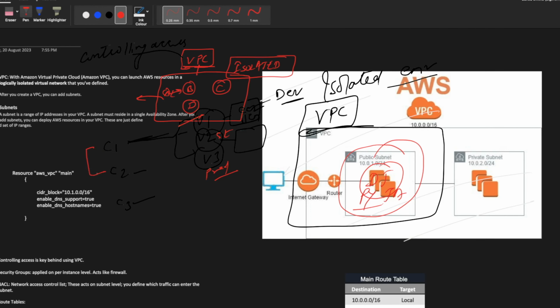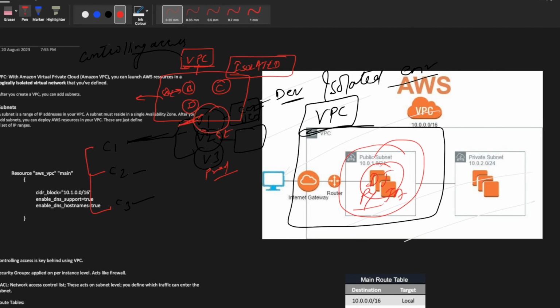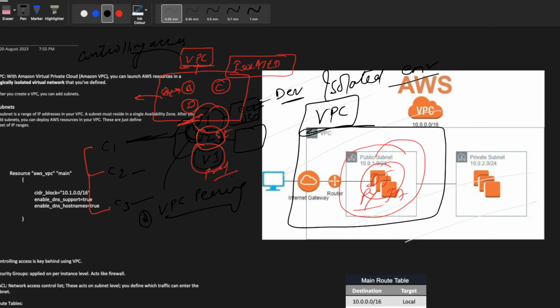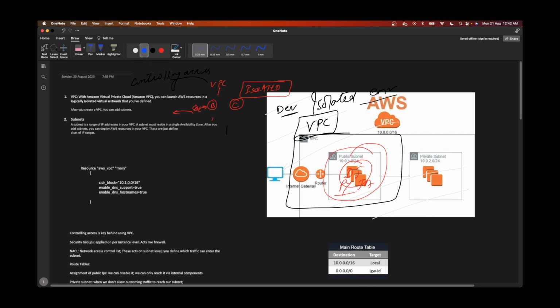Even though the customers can't see each other's resources, the VPCs also can't see each other's resources, and they can't communicate unless you have VPC peering. This is itself another concept. We'll look into it in some other video, but they can't communicate with each other until we peer them with each other. All right. Now we understand what is VPC. VPC is nothing but an isolated environment grouping